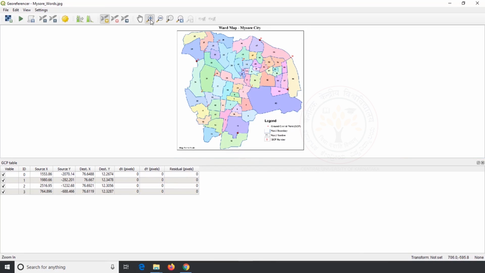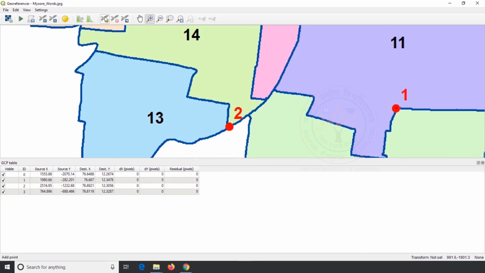Further, enter the latitude and longitude of other GCPs.